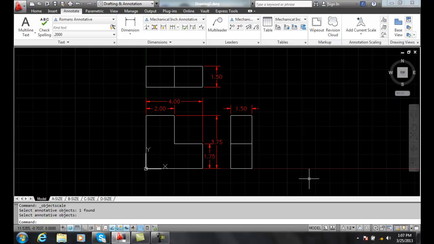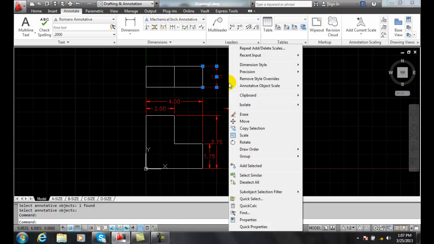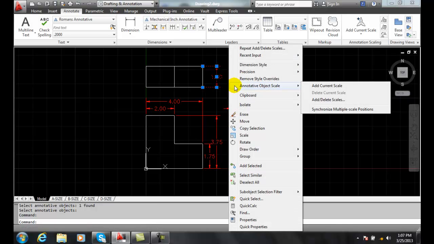Using the object scale command is one method in which we can add and delete annotative scales. A quick method is to select the particular annotative object that I want to add a scale to. Then I can right click, and over here in Annotative Object Scale we can add and delete